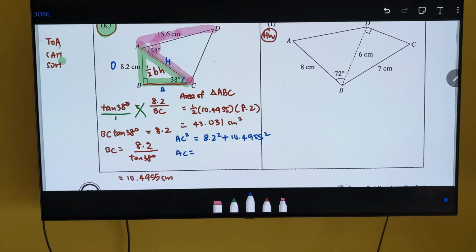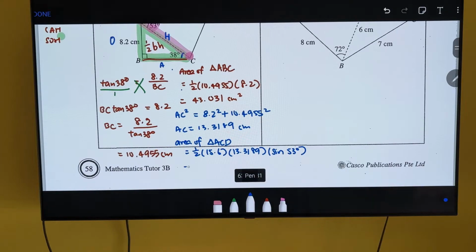Hence AC will be the square root of it, which is 13.3189 cm. And can we find the area of this triangle now? Yes. So area of triangle ACD, half AB sine C. And from there,